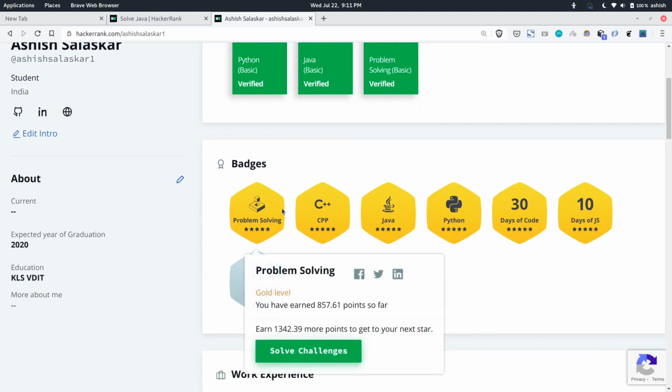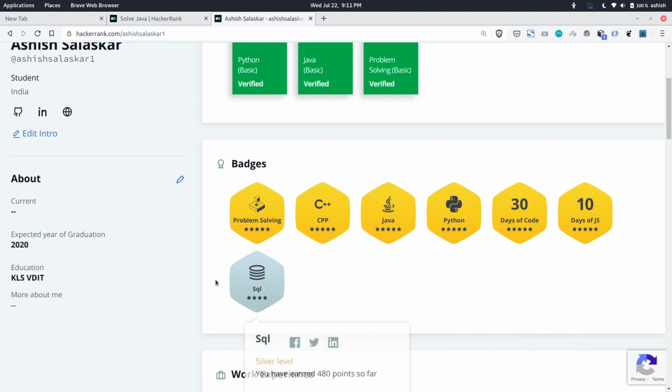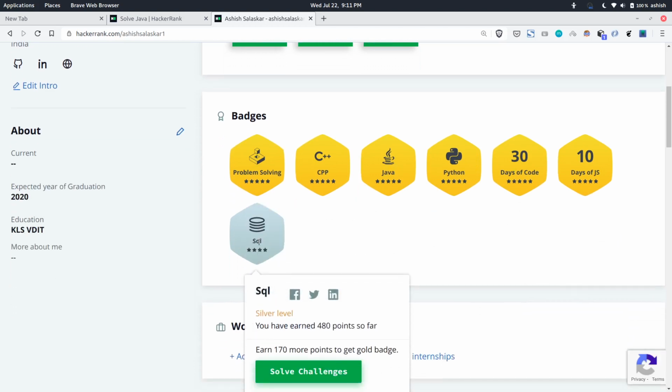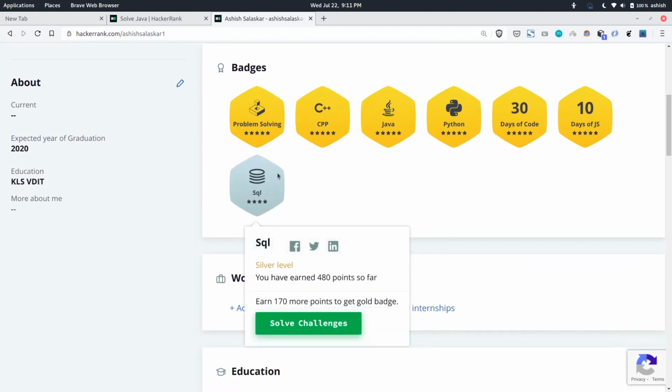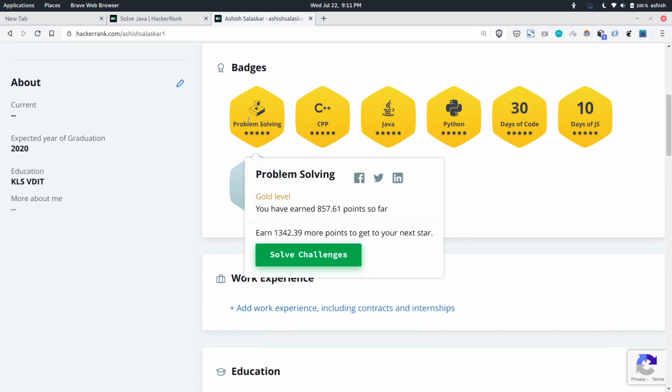As you can see, I have some gold badges here and some silver in SQL. Okay, and it also gives you an option to share the same badge to your LinkedIn profile. So if you just go there and click on the LinkedIn button, you can actually share your achievements on LinkedIn directly.